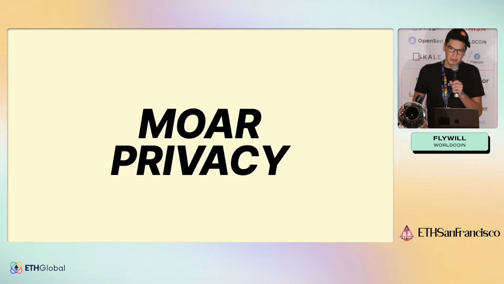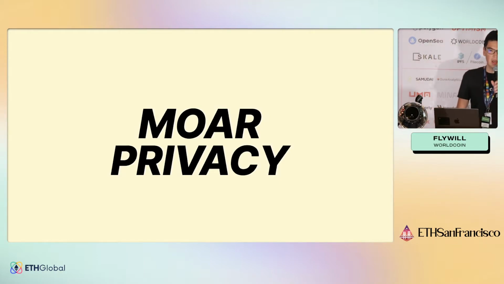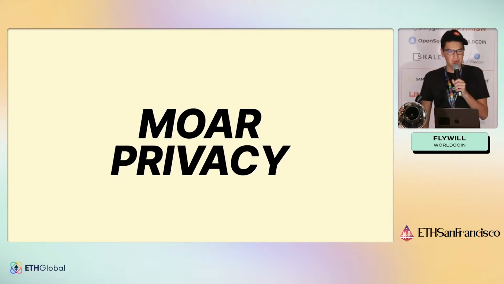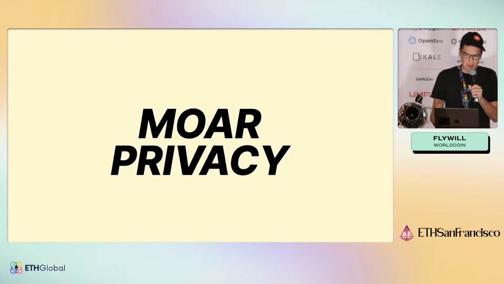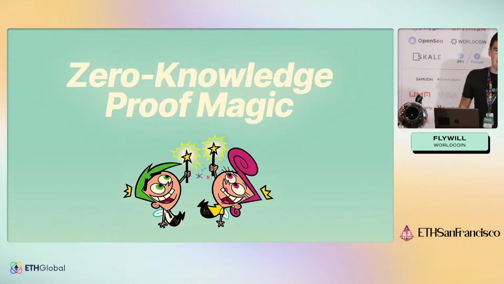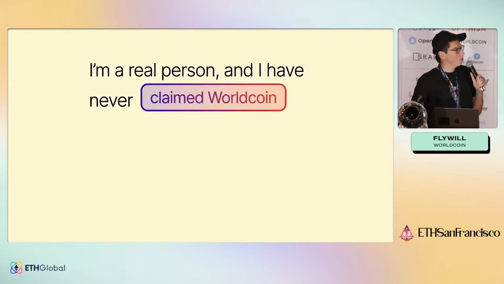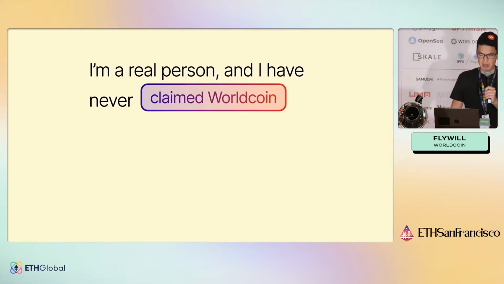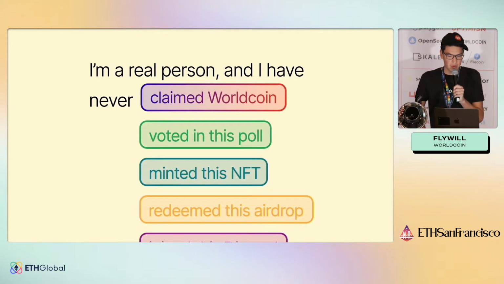So this is already quite private, but we realized it may not be enough, especially if you have a single identifier that's tied to your person, then whatever you do with this identifier will be forever tied to you. So we went a little bit deeper, and with something called zero-knowledge proofs, we embedded this as a core part of the protocol. So with zero-knowledge proofs, what you're able to do is say, I'm a real person, and I have never done whatever action it is before.